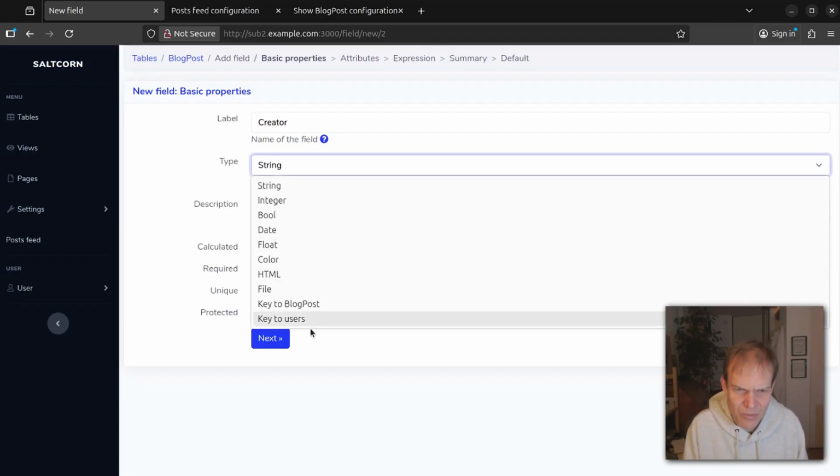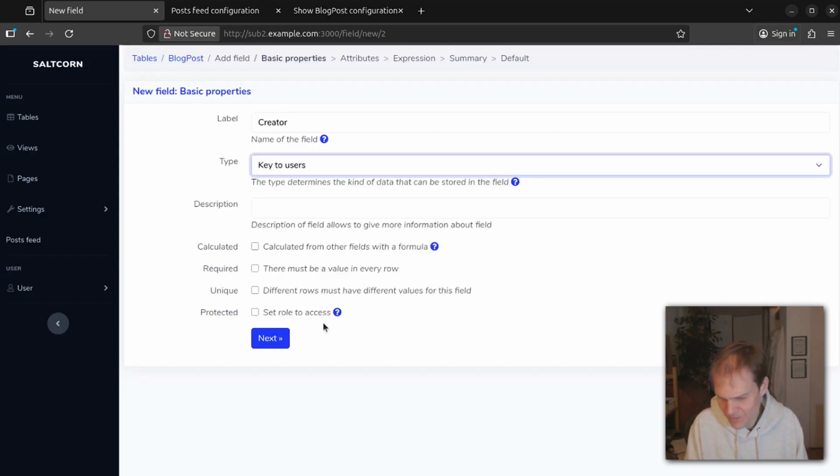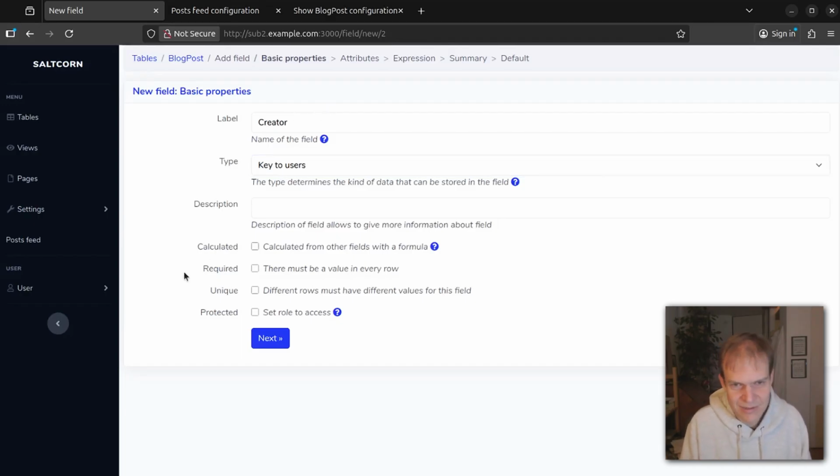For a number of reasons. The word user is often introduced in Saltcorn in formulas, which we haven't covered yet. The keyword user is used to denote the logged in user, and if you also have a field called user, there's a conflict between the two, and you can't get both of them. Okay, so this is now the creator of the blog post,